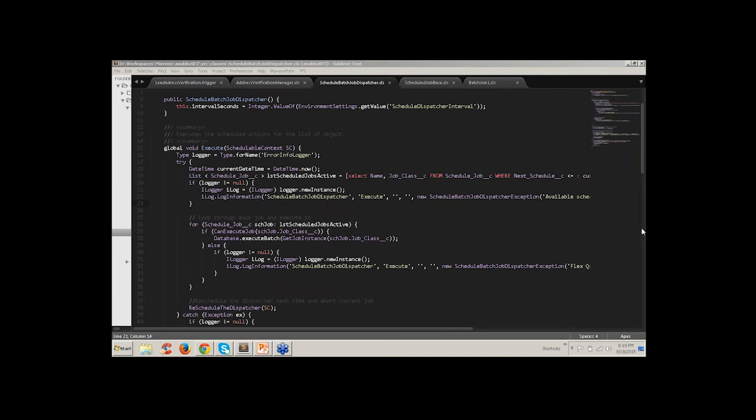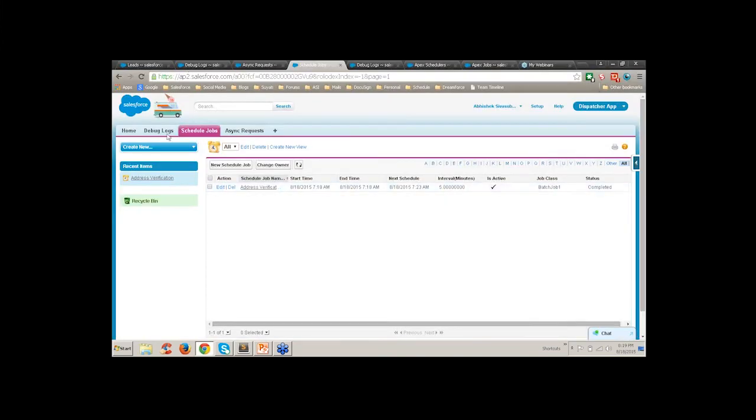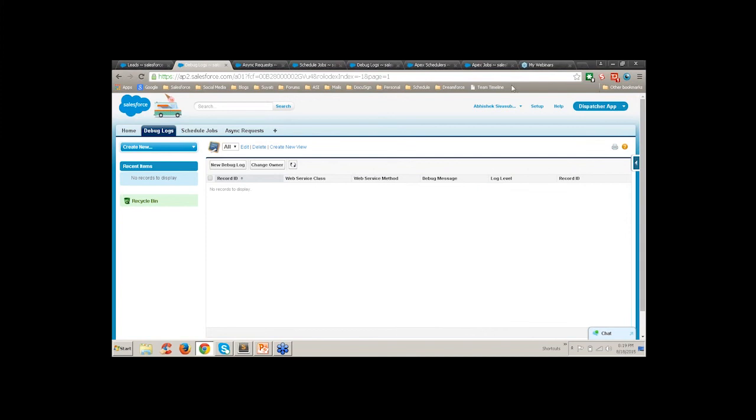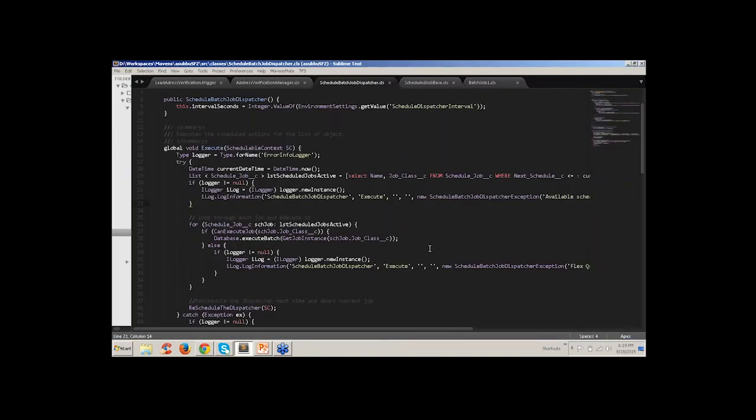So you need to make sure that any exceptions or any errors that are encountered in the system get logged into a custom object. Maybe you can call it a debug log or something like that. So I have designed another table called debug logs, which will basically record from which class, which method, what error, is it an error or an information. All those information will be logged here so that I can use this for debugging the framework in case there are any errors.